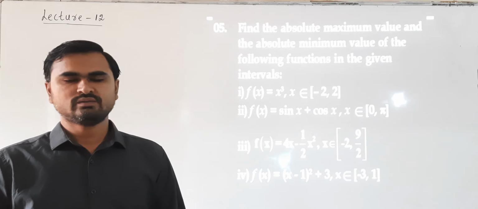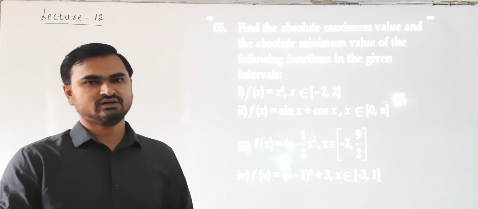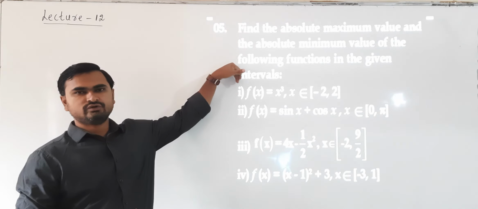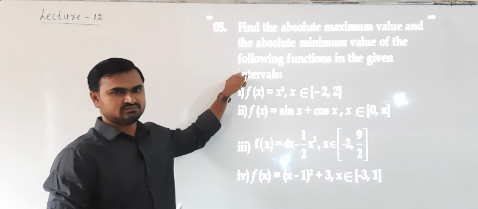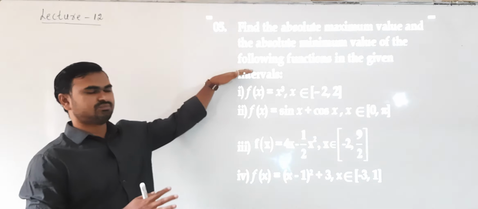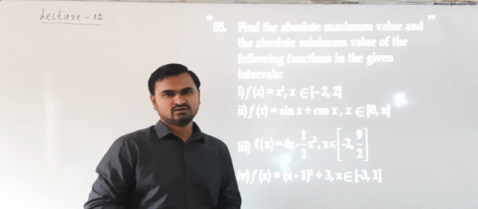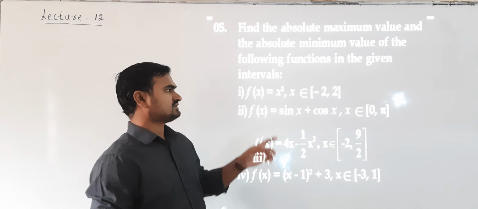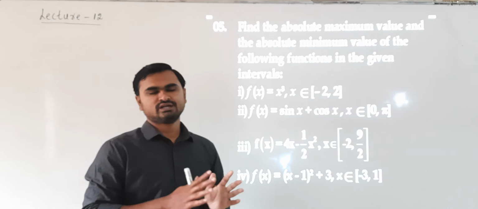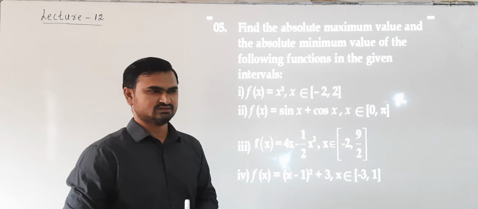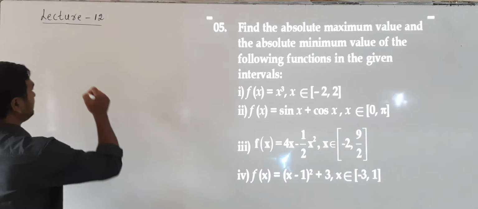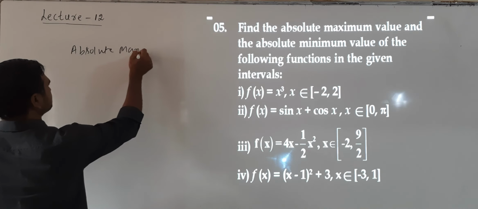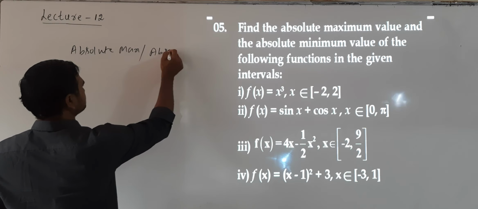Okay. So for local maxima and local minimum, we are doing the second derivative test. But when we are finding the absolute maxima and absolute minimum, we don't have to do the second derivative test, because absolute maximum means the maximum of all maximum values. We are not interested in where or how we are going to get it. What we are interested in is the totally greatest and totally least values. Okay. So this is the working method for finding the absolute maximum and absolute minimum.